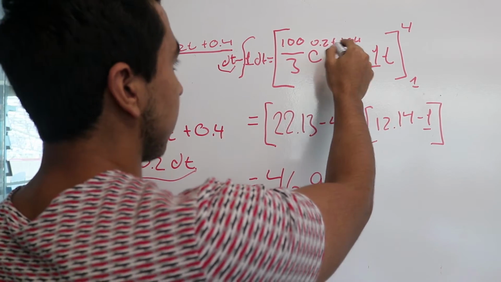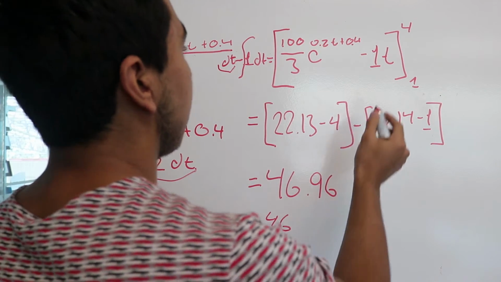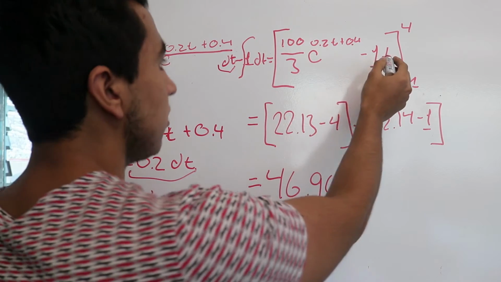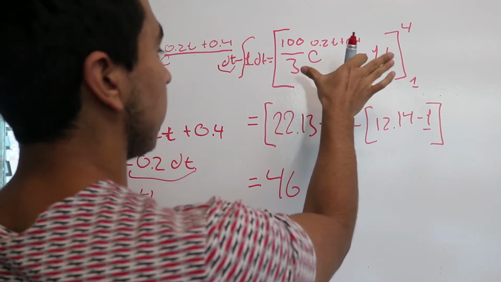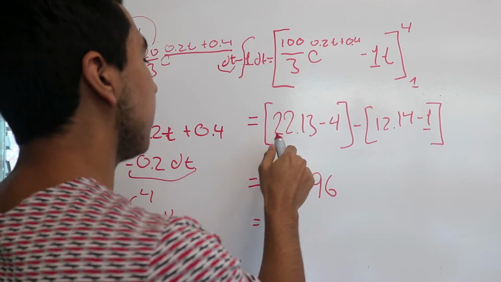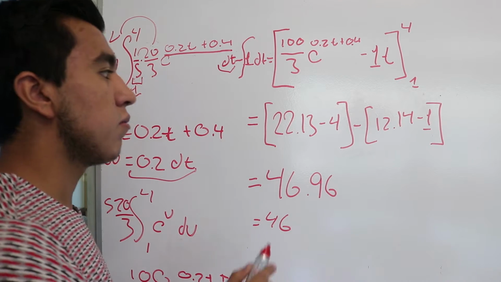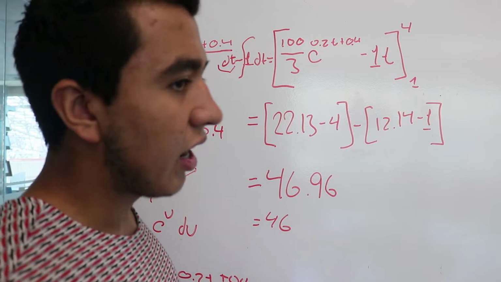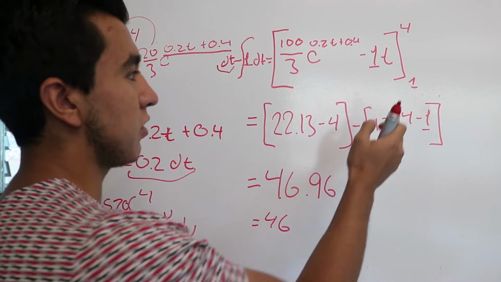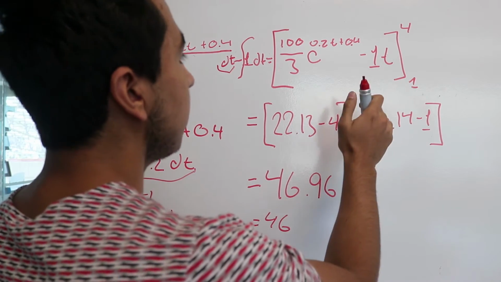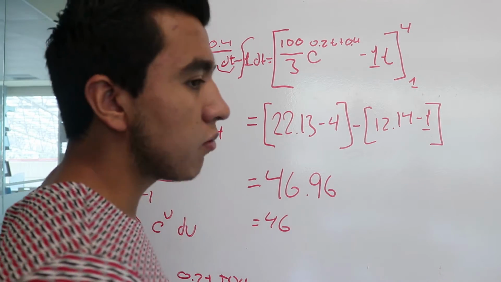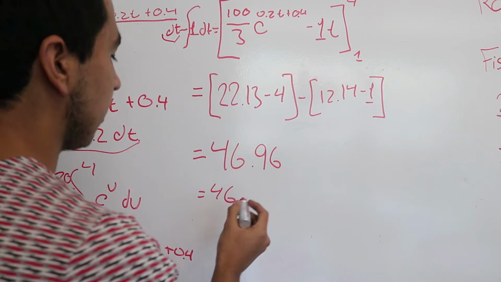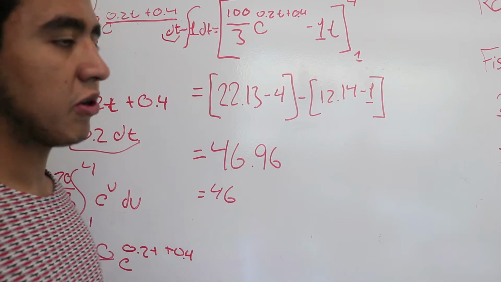The result of that substitution in this function is 22.13 minus 4, and the result from the substitution from 1 is 12.14 minus 1. So the final result is